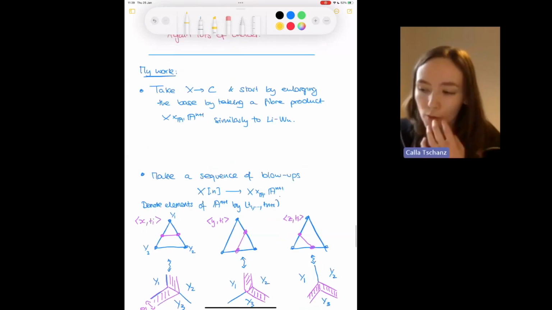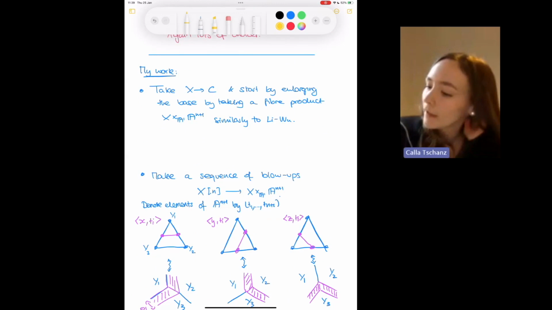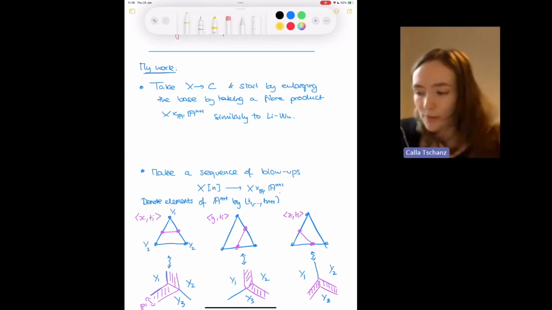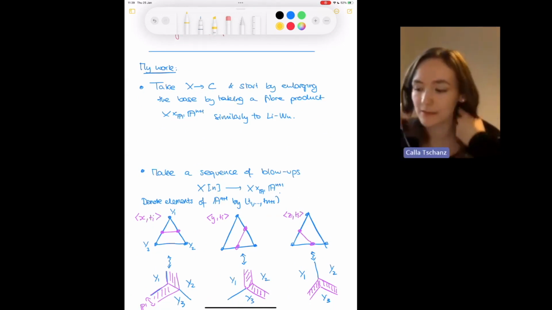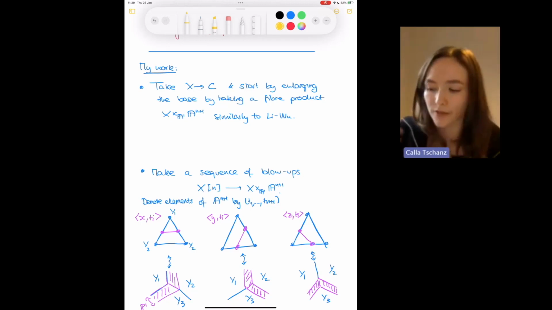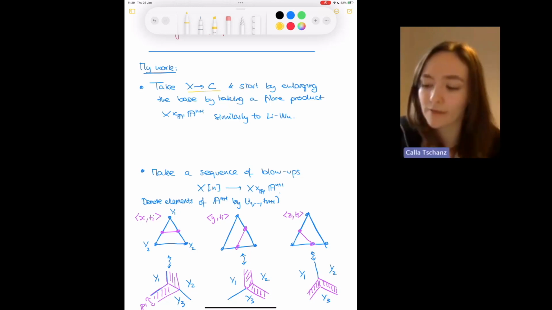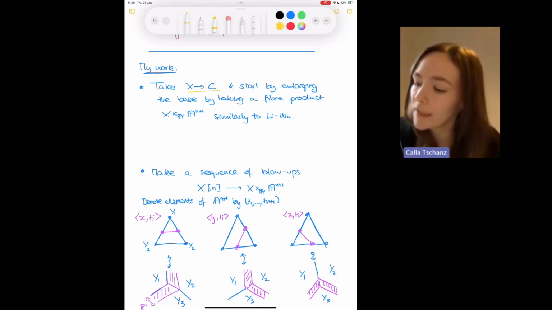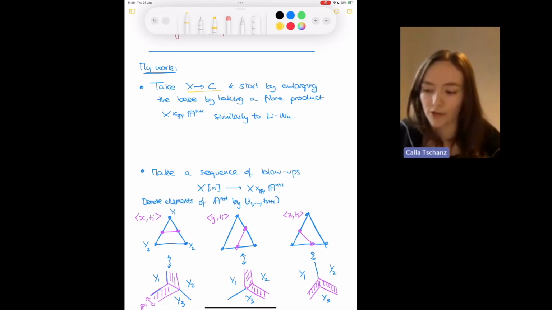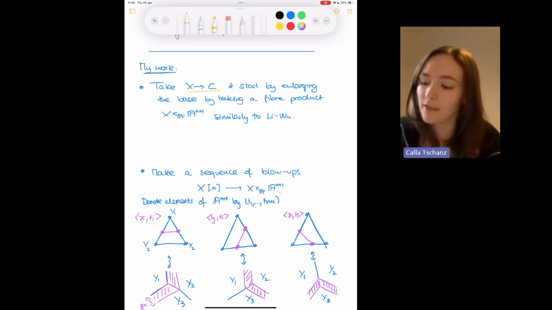Okay, so the way that I address this is to say, well, okay, let's try and build some examples of these things. Let's see what they can look like, and we start with methods closer to the Li and Wu and the Gulbrandsen, Halle, Hulek methods, which is to say we start by taking this family of surfaces over my curve, and I say, well, I'm just going to start by enlarging the base. So I want to give myself much more space. I want to give myself a bigger family. So I just take some fiber product like this.